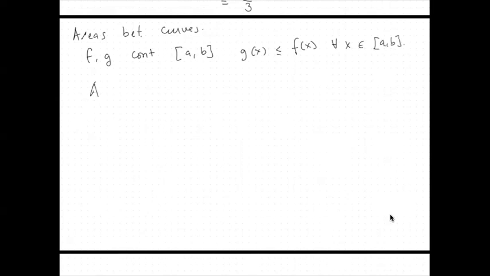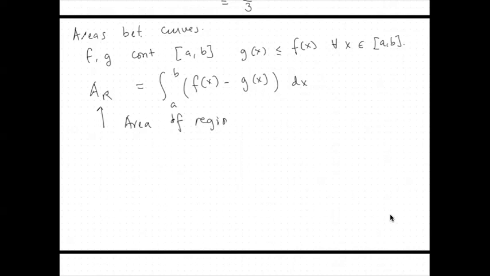Then the area is the integral from a to b of f of x minus g of x, parenthesis, with respect to x. This is the area of the region between f and g